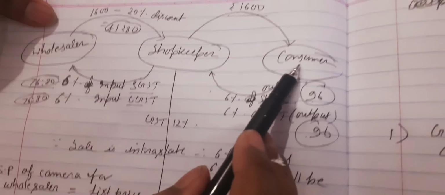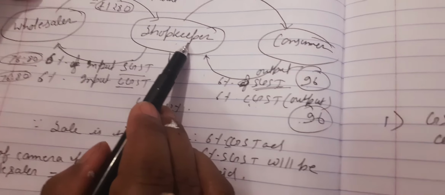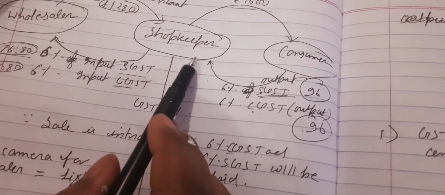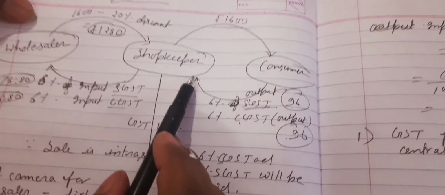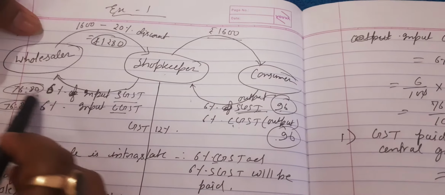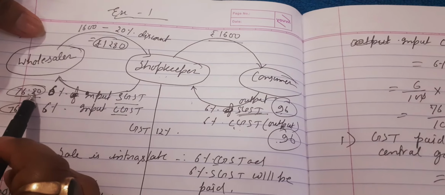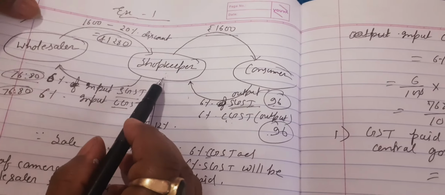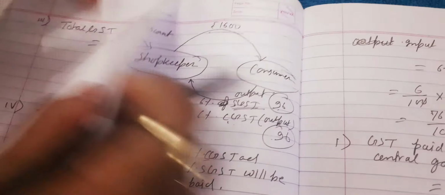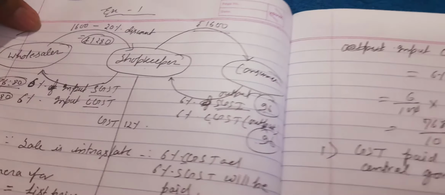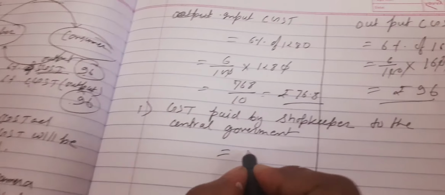Whatever he has collected from consumer as tax minus whatever he has paid, that is his net tax. You got that? This tax he has collected from consumer, that was 96 rupees, and whatever he has paid, that was 76 rupees 80 paise. So we will subtract these two, that will be the tax paid by shopkeeper, the mediator. In first question, at the middle, who was there? Dealer was there, and here shopkeeper is there. Okay, so GST paid by shopkeeper to the central government is output